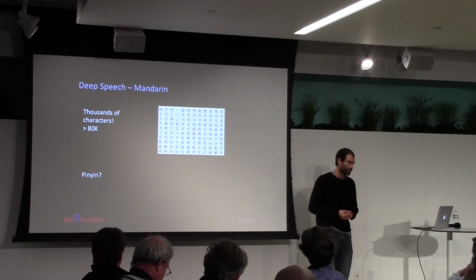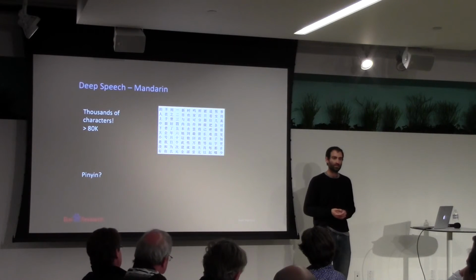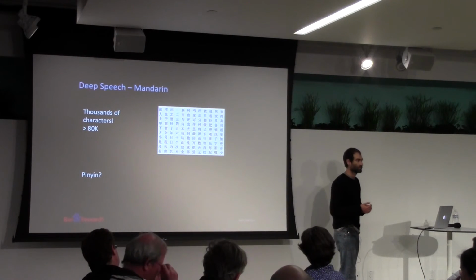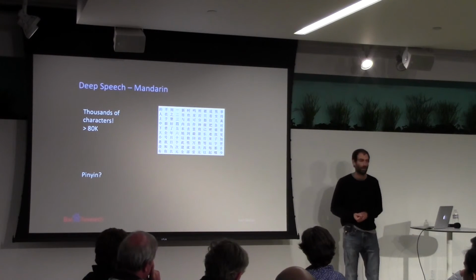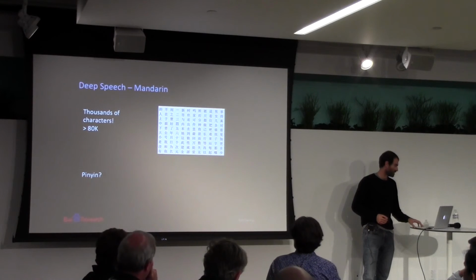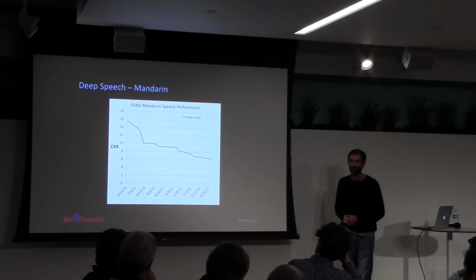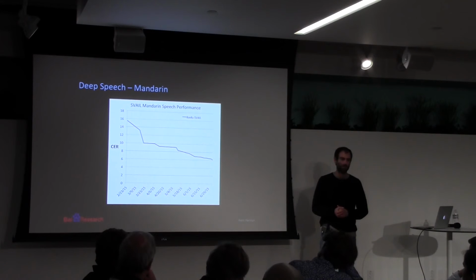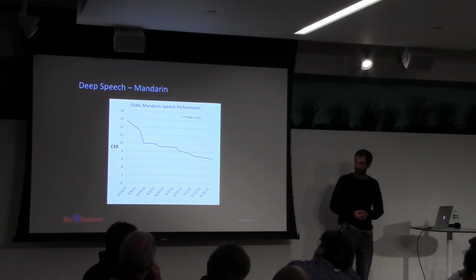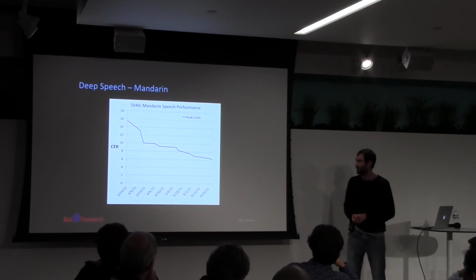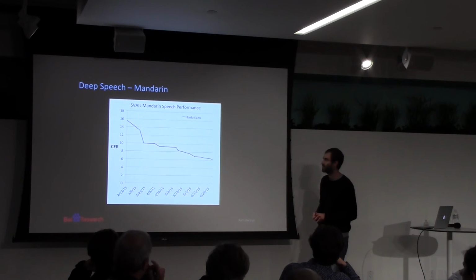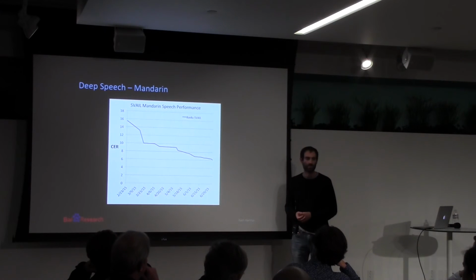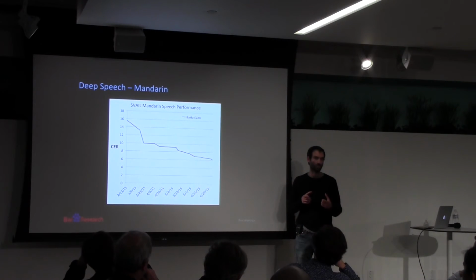This was computationally difficult, but thanks to the hard work of our HPC experts, we were able to actually train these systems quite efficiently. So where did this leave us? Well, we started working on this in February. Ryan and Tony started working on this in February. Our first system was about 16% character error rate, where character error rate is the edit distance between two character strings divided by the length of the ground truth.